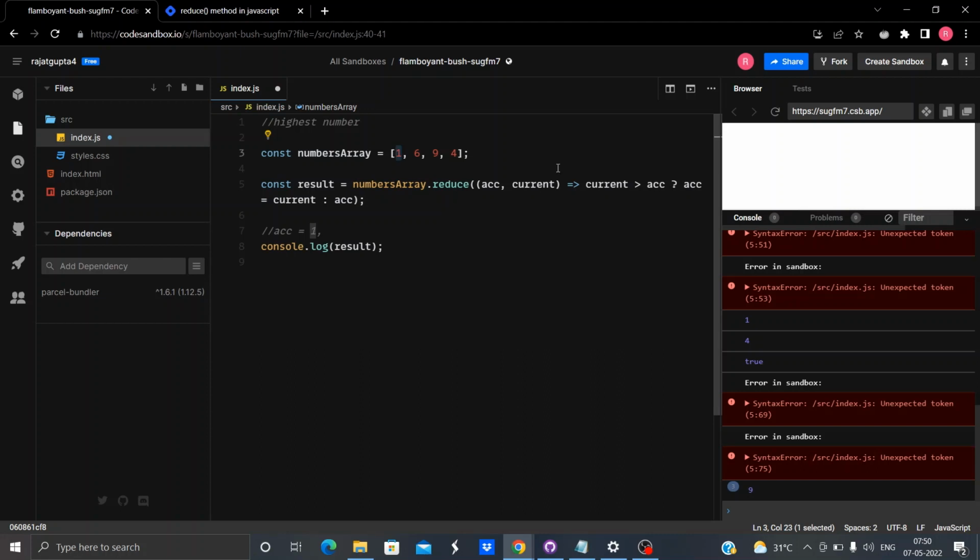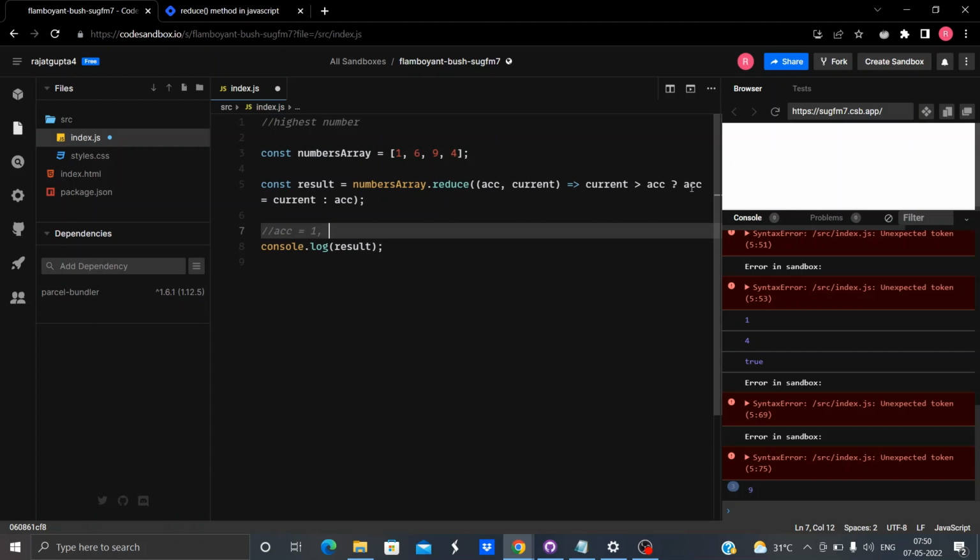So we are comparing accumulator and current, that is 1 and 6. And if current is greater than accumulator, that is 6 greater than 1, then make accumulator equal to current, otherwise return accumulator as it is. Okay, and again for the next iteration we will see, since 6 is being returned, current will now be 9, so it will ask: is 9 greater than 6?